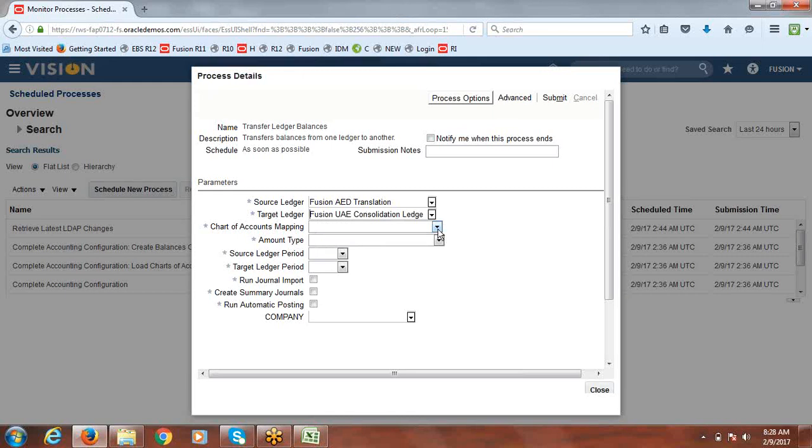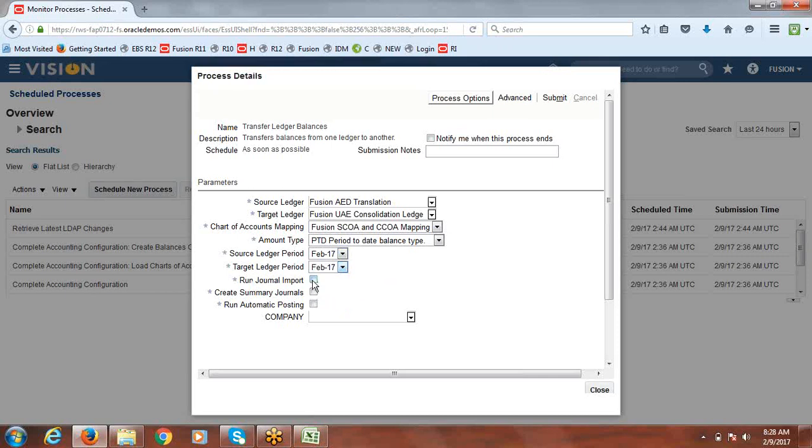And chart of accounts mapping, yes we did. That is the Fusion subsidiary chart of accounts and consolidation chart of accounts mapping. The account type, let's go with PTD. Source ledger period, say Feb, and target ledger period, say Feb.